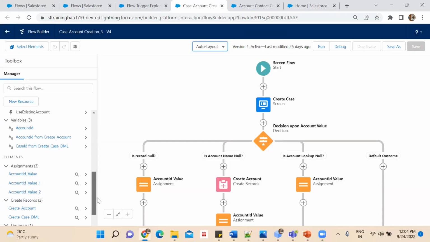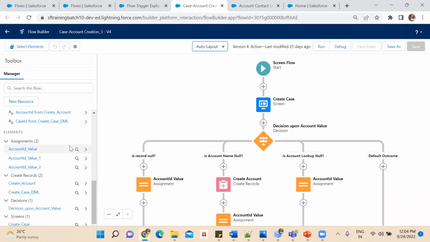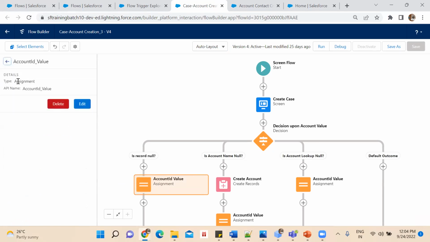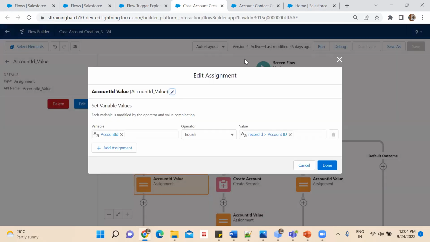This is an assignment element. If you want to see where I have used this assignment element, I'll click on the search bar, and it will show me where I have used it. If I want to see more detail, I will click on this arrow and it will show me its type and its name. And if you want to make any changes, you can click on edit and make the changes as and when needed.